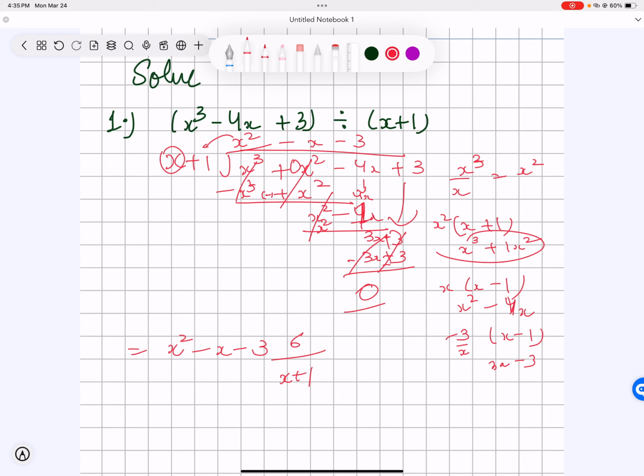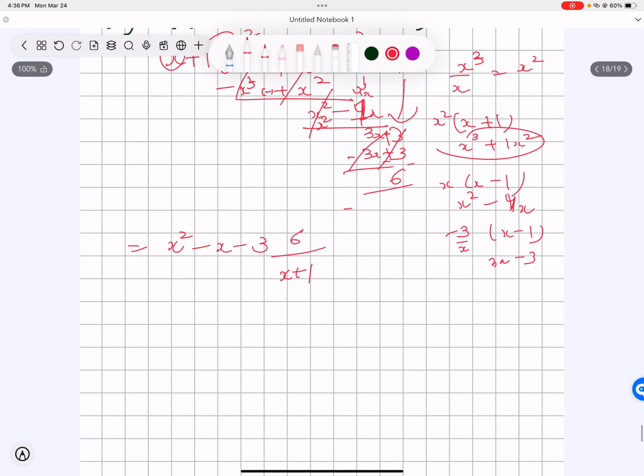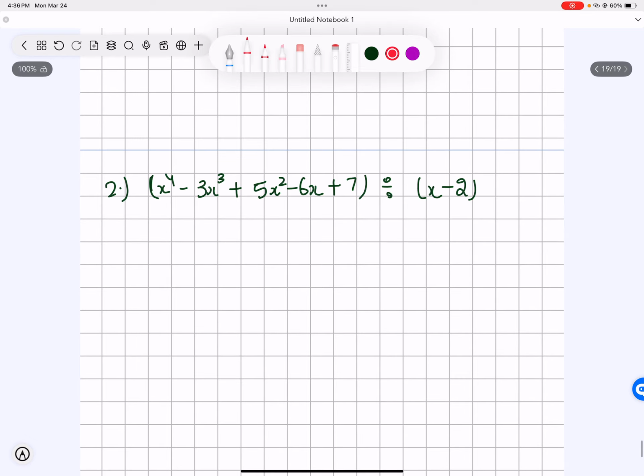Wait, this is gonna be 6 here instead of 0. Wait, let me. It's gonna be plus minus minus, and it's gonna be 6. If we add those 3 into 3, we cannot cancel those. We can only cancel 3 into 3. There is no minus for both of those, so it's gonna be 6. And then I have one more example for the